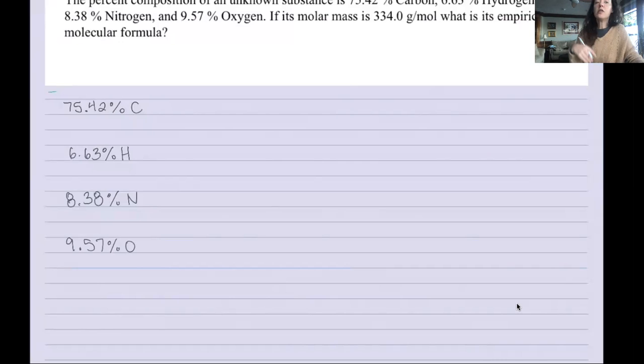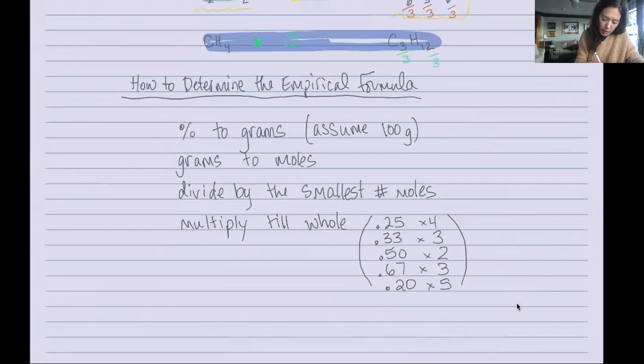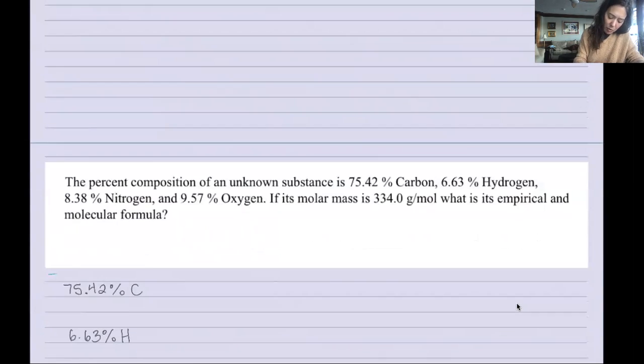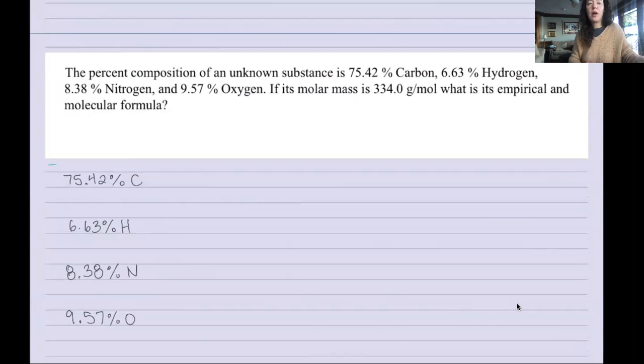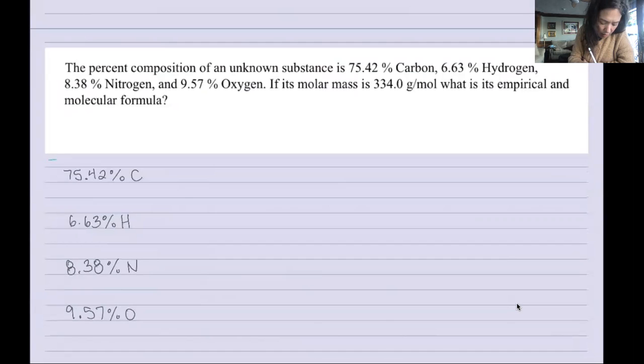Okay, that's the percent composition. Since we're given percents, we need to start right here where percents are. If we were given grams, we could just start here, right? If we were given moles, we would just start here, right? But we're given percent, so we'll assume we have 100 grams. What is 75.42% of 100? It is